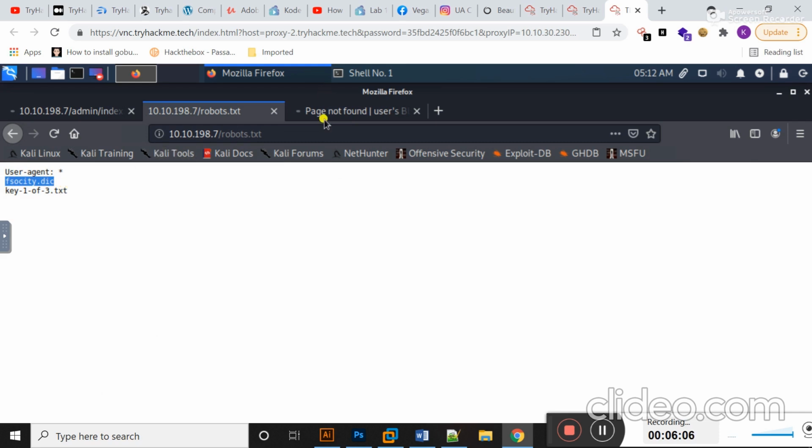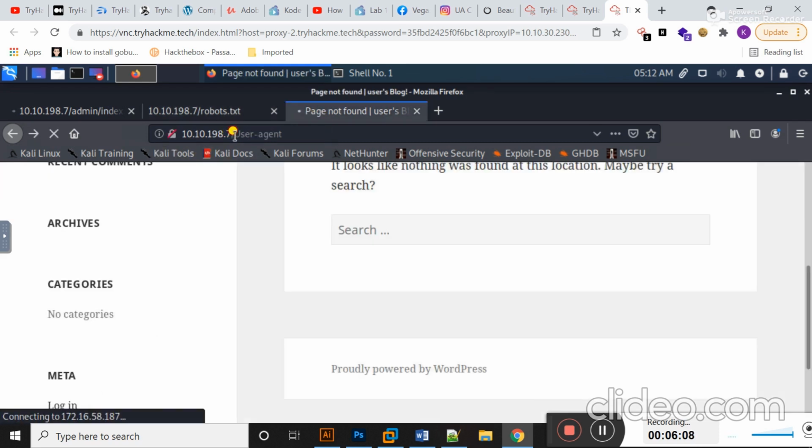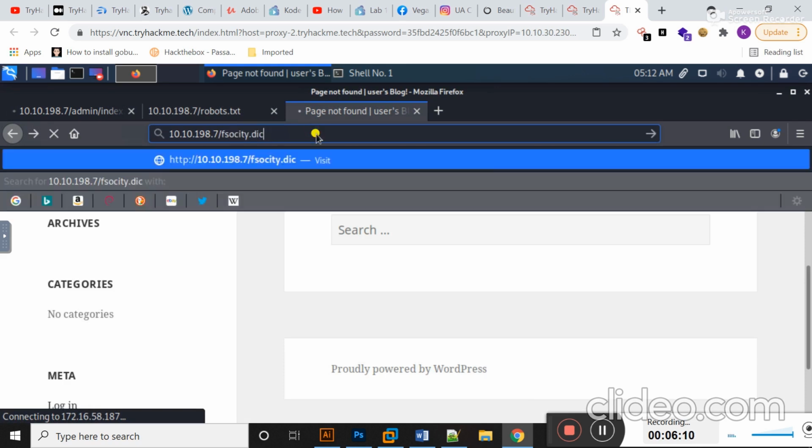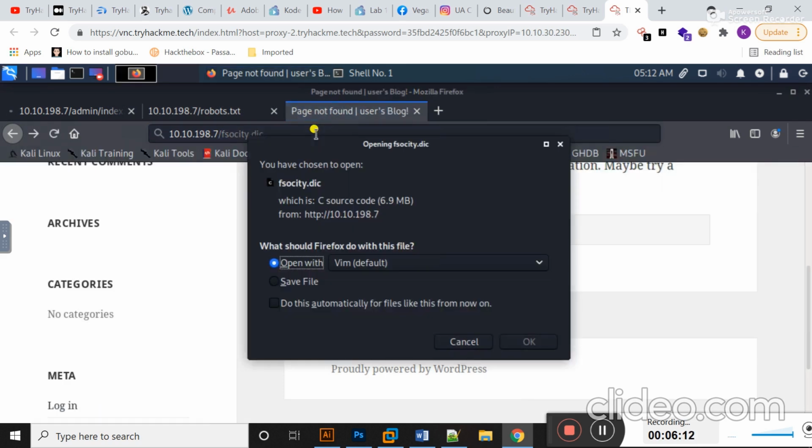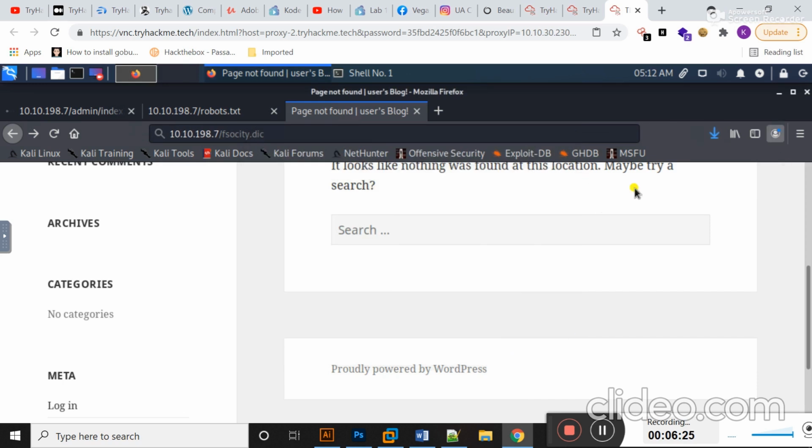fsociety.dic. Let's check this file or directory or folder, whatever. Actually, this is a file. I think it contains some username or password. I should save it to my computer. I'm going to save this file by clicking on OK.